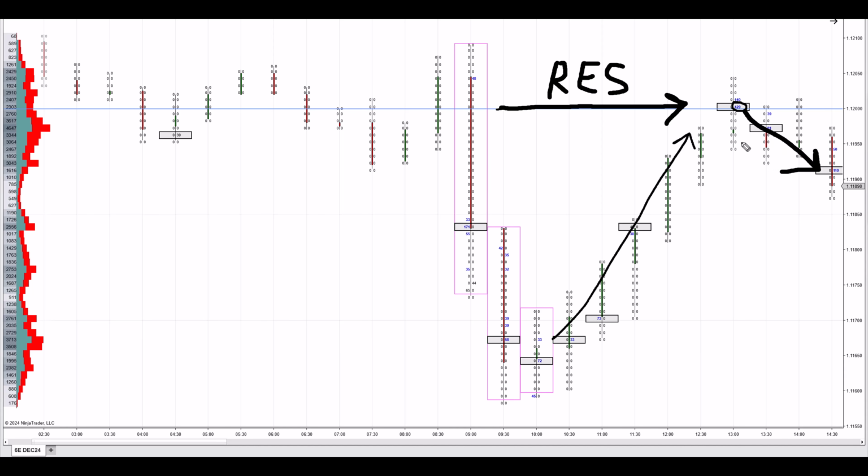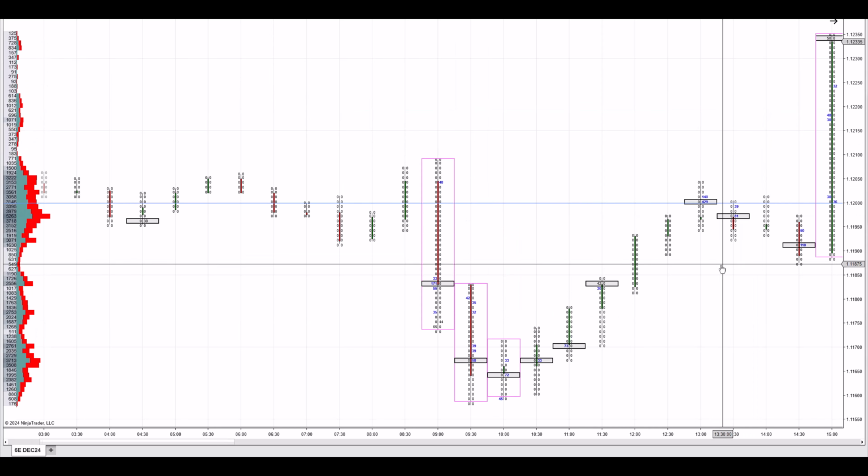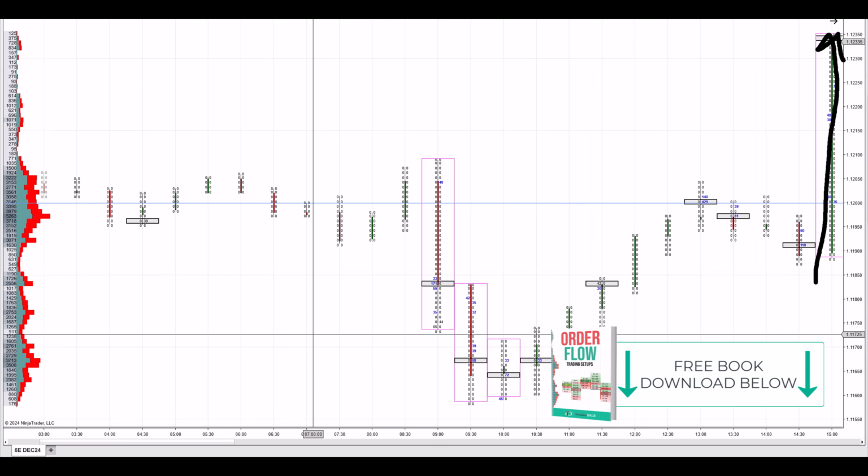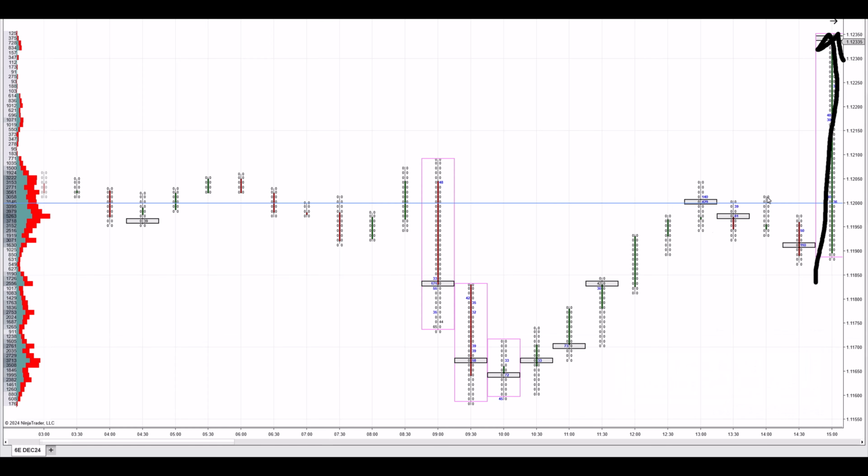In the end, I took just a couple of pips from this trade because there was macro news and I quit the trade before the macro news somewhere in here. Then there was the macro news. I never trade intraday trades during macro news, so then the price just shot upwards. And by the way, it did exactly the thing that I predicted at the beginning of the trade,